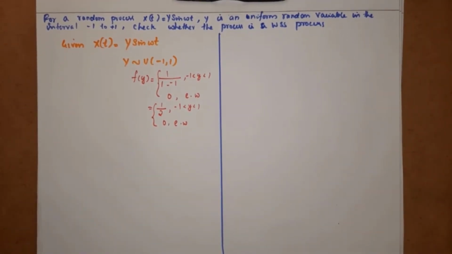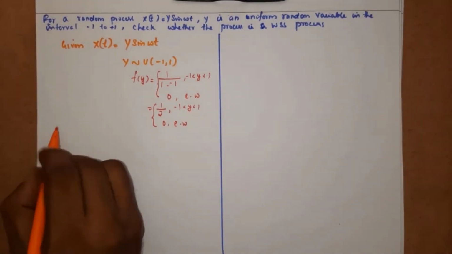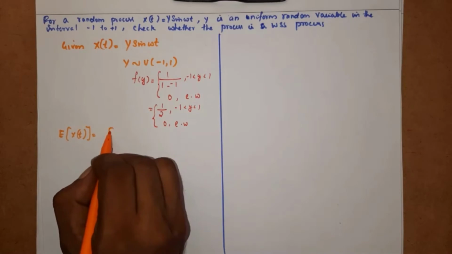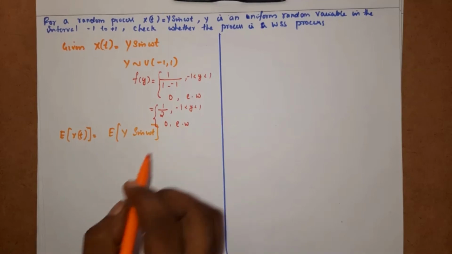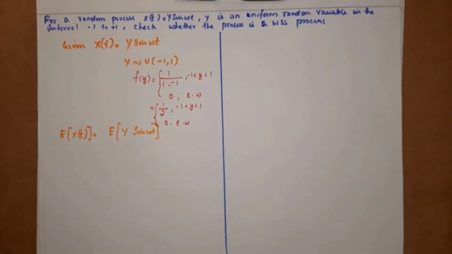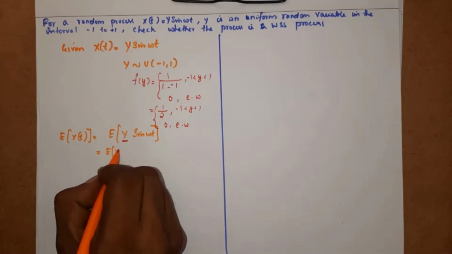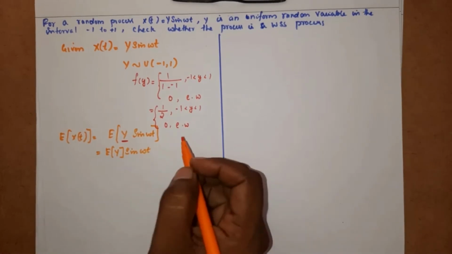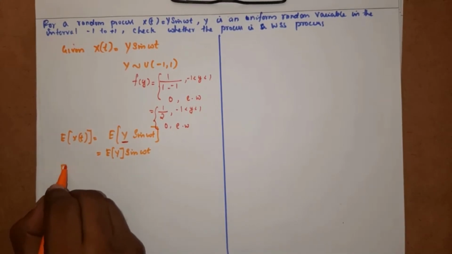Now we will have to find the expectation of x of t. Expectation of x of t is equal to expectation of y sin omega t. Here y is a random variable, so expectation can be applied only to y, that is expectation of y, and the sin omega t is a constant. It will come out. Now expectation of y is equal to